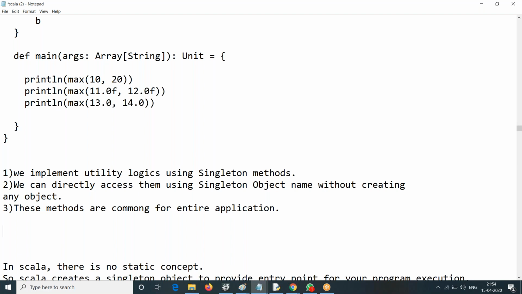What do you mean by that? And the question is, are you good now? Is this clear for you about singleton object? What is singleton object? Where you have at most